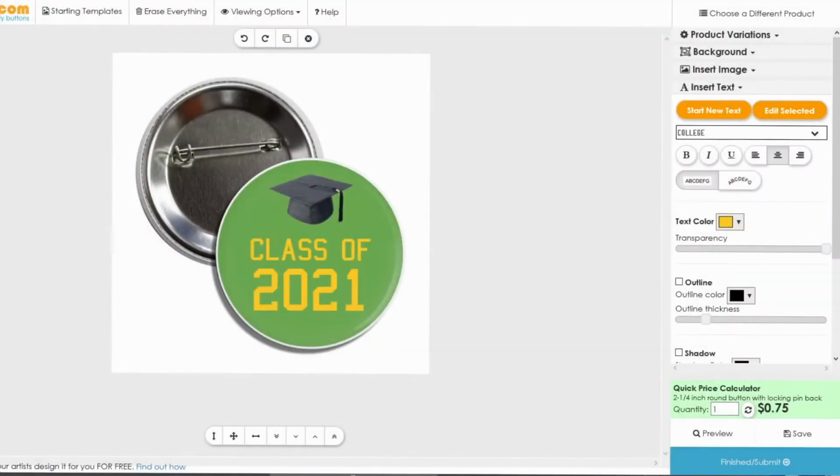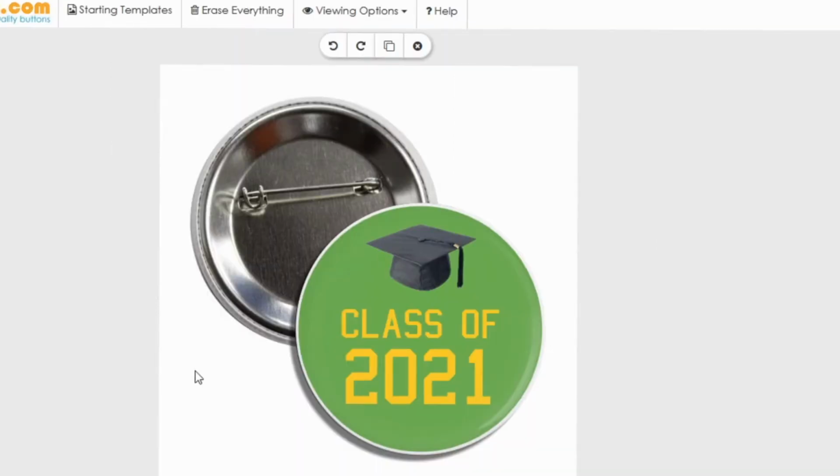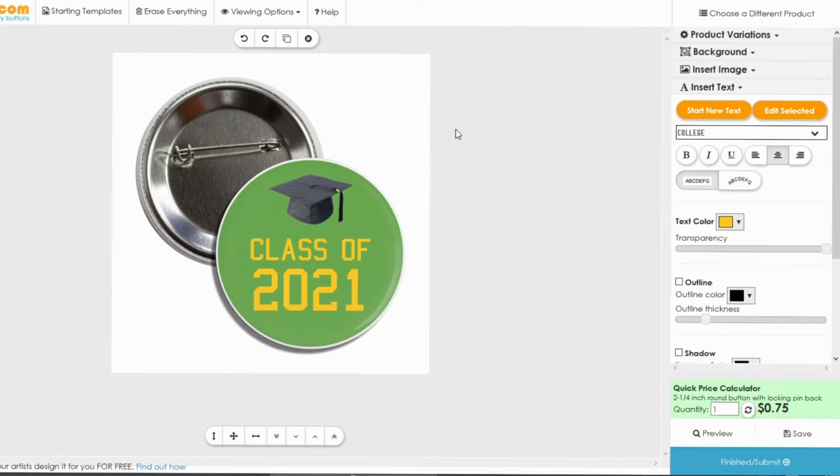We are going to show and explain the different viewing options in the Wacky Buttons Interactive Design Studio. This is a good feature to use, especially for centering things and seeing a proof of how your design will print. To see a simulated view of how your design will look on the actual product, which we see here, we choose Product View. Designing in this view allows you to get a feel for how the final product will